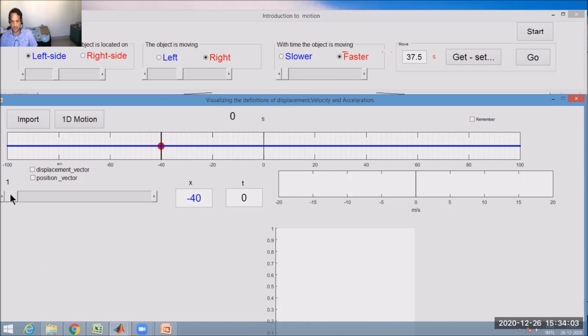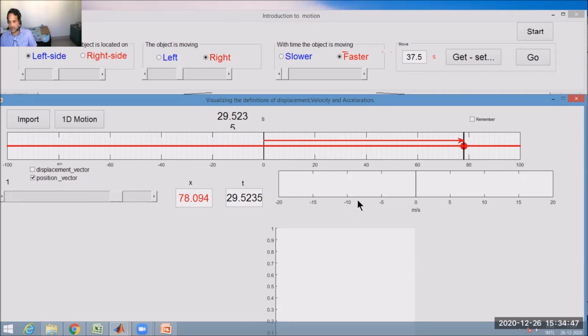If you go for some other point, now at 13.77 seconds, it would be at 15 meters on the right side. So how do we draw the position vector? Let us take the position vector and draw it for another instant of time. At 17.52 seconds, the object would be at 30.11 meters, and this is the position vector at this time. There's an arrow starting from 0 to 30.11 meters. For visual clarity, I have shifted it upwards. Otherwise, it would go along this center line.